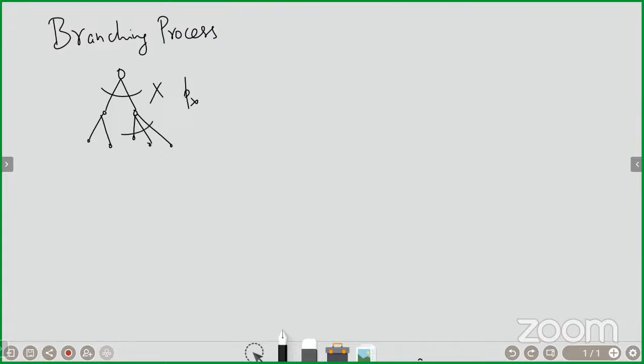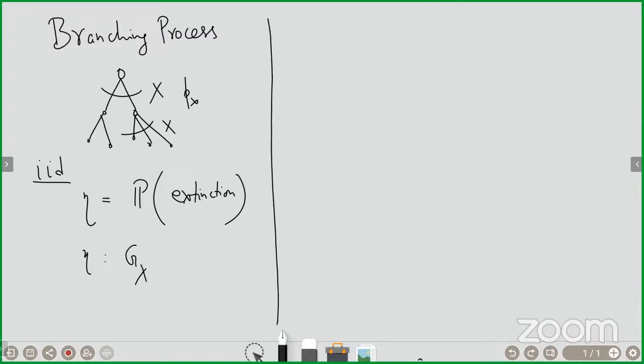Now, just to recall our notation, we computed the probability that the process dies down, the probability of extinction. And we have already characterized it in terms of the probability generating function of X. That would be done. So we also said another thing: today we go to simply writing down the distribution of